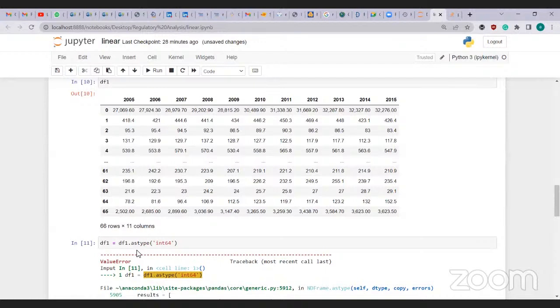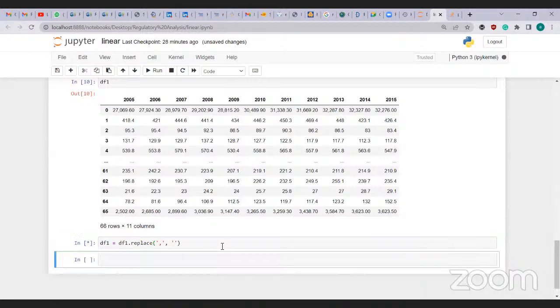So what we'll do here is df1.replace, and we'll replace our comma with empty space. So if we look at our data frame now,